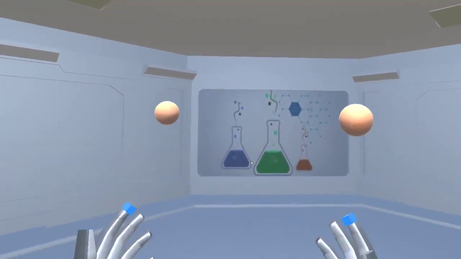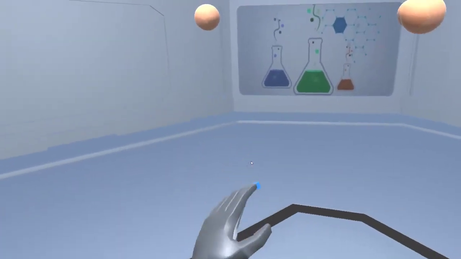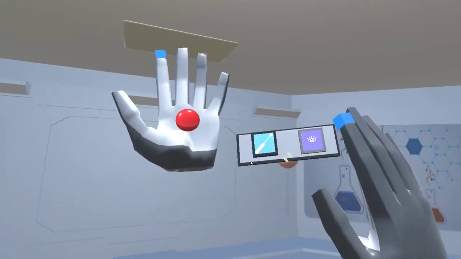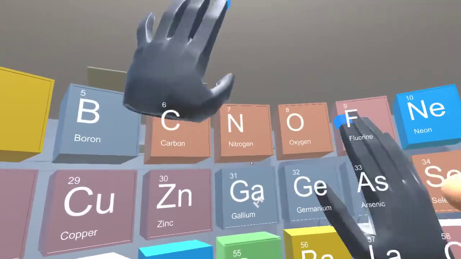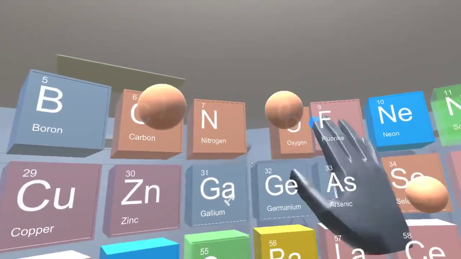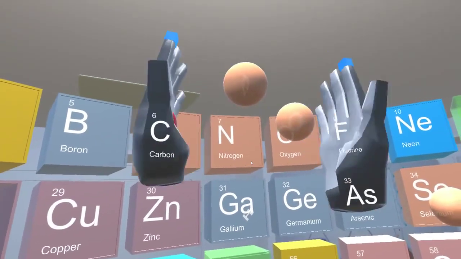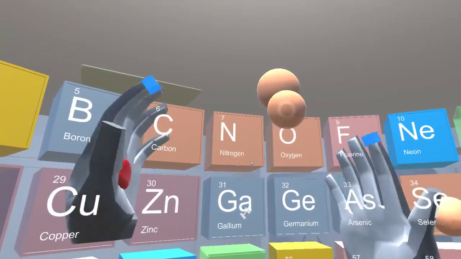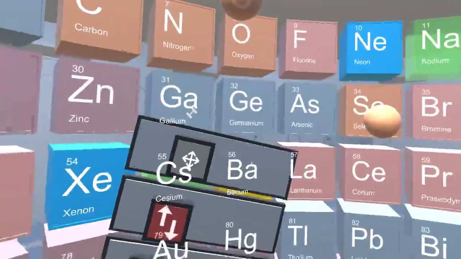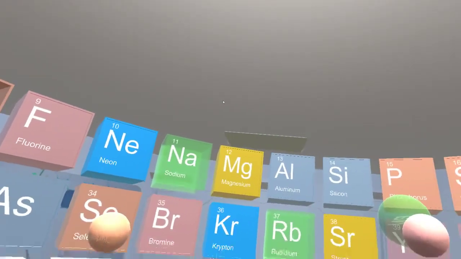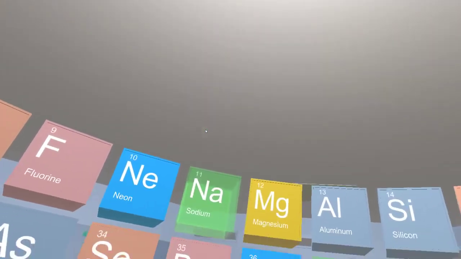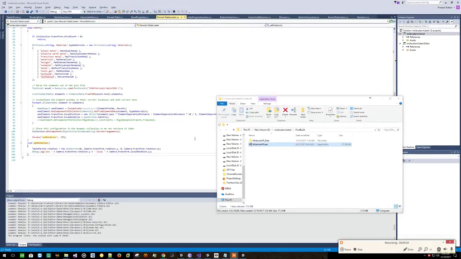The next step is to be able to have the ability. This menu also, if you want to work back, you can bring the table back. Now you can work here, you can select what you want to select, you can create a carbon, you can create an oxygen, you can bring them together to form a bond, and they form a bond here. So we want to be able to have the ability for the user to have interactions where you can form bonds in real time, and it's more or less